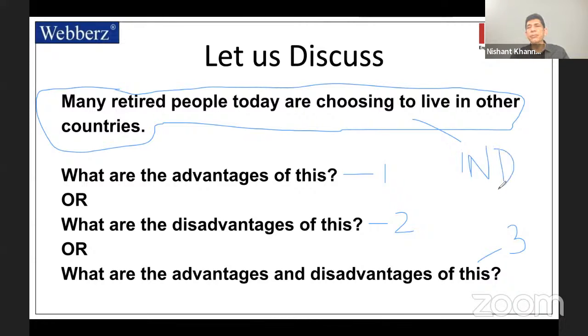If you see Indians, when they retire, they do not go to other countries to live in. Very simple. So what do they do? So let us see, where do Indians go when they retire? Either they are with their children, or they stay alone, or third option is they stay with some relatives and all, and fourth option is they go to an old age home. That old age home can be anywhere. It can be in Rishikesh, it can be in Dehradun, it can be in any place, but they go there. So these are the four options that Indian old people, retired people have.